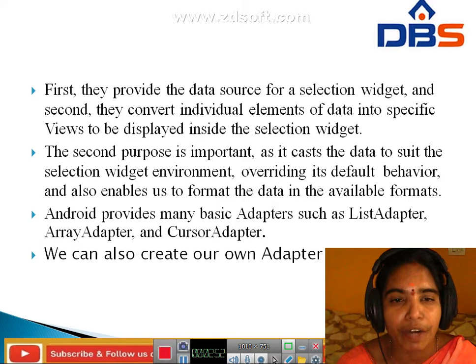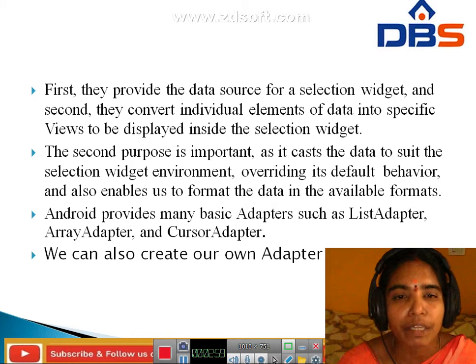In Android, it provides many basic adapters. What are the basic adapters?